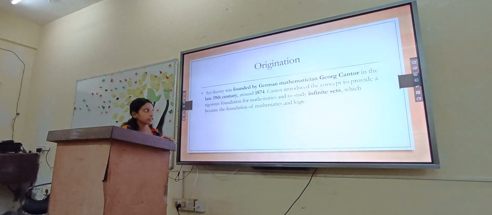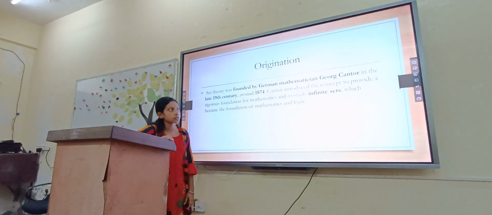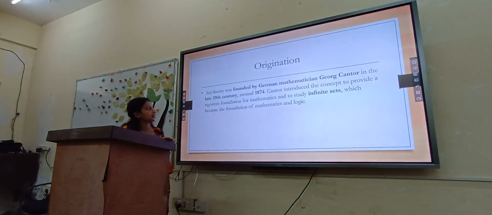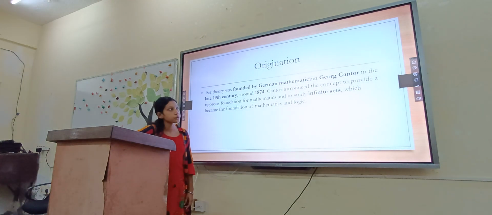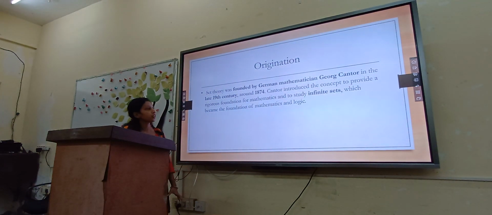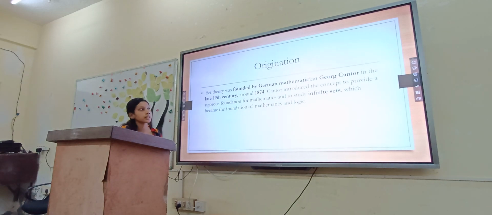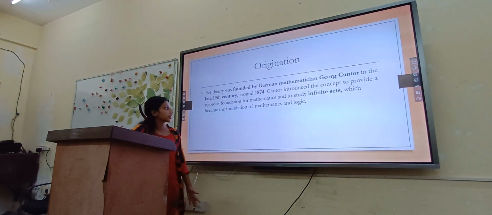Set theory was founded by the German mathematician Georg Cantor in the late 19th century, around 1874. Cantor introduced the concept to provide a rigorous foundation for mathematics and to study infinite sets, which became the foundation